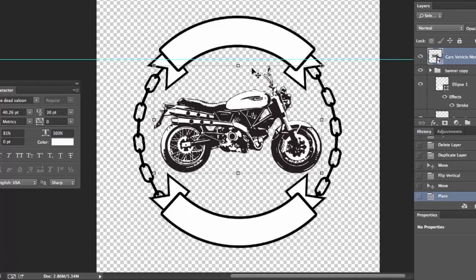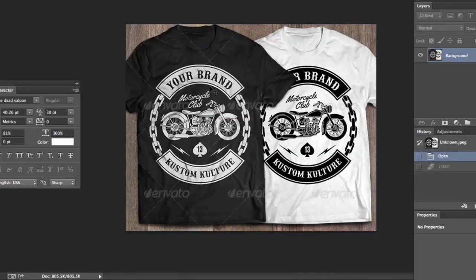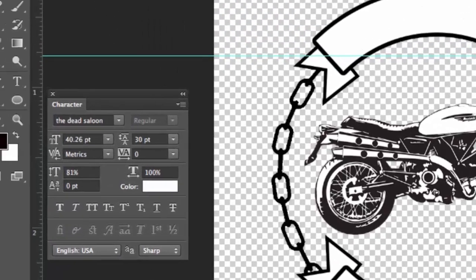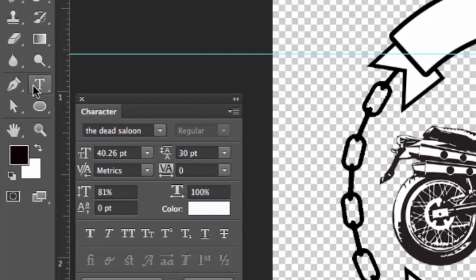All right, so now when we go back here, you're going to see that it's really starting to come along. We're just going to write something with motorcycle. So I'm going to go over here, I'm going to click our type tool,